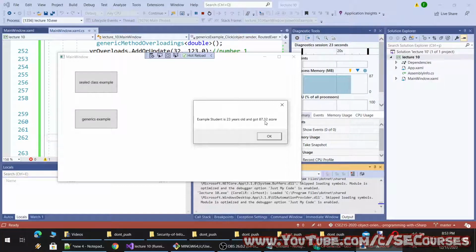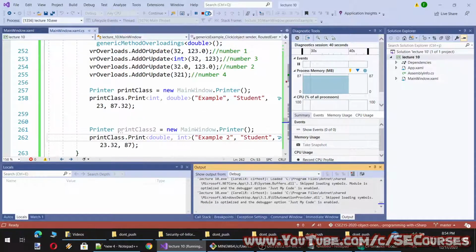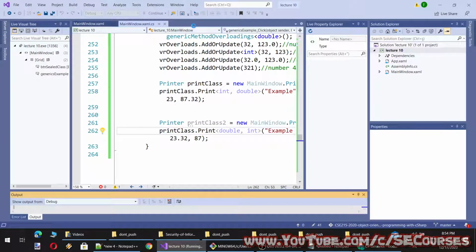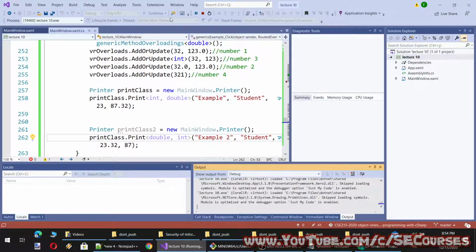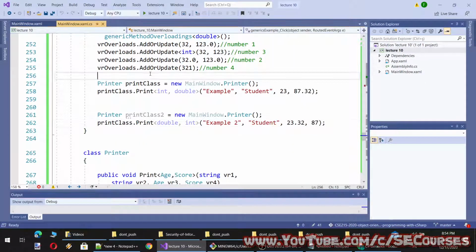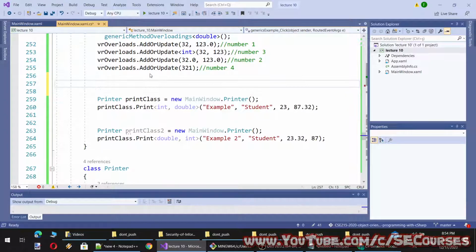Why? Because our current thread culture is set as Turkish, therefore it is. And you see, it has used comma here for separating thousand, for separating floating point numbers. So I will change the thread culture before I call these methods. How will I change it?